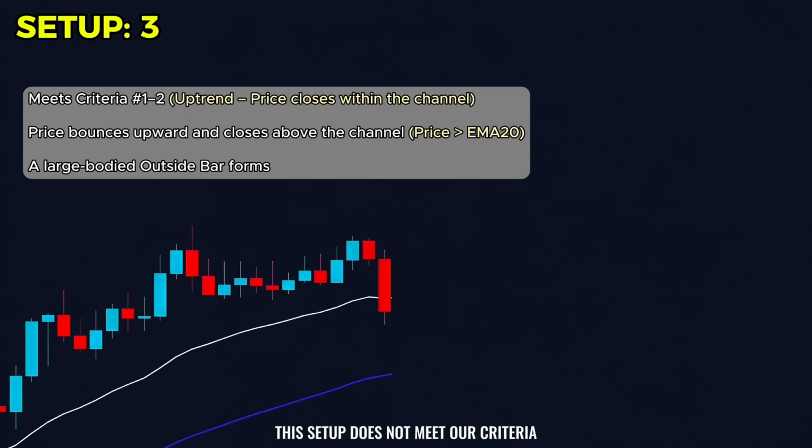This setup does not meet our criteria because several candles close below the EMA 50. Since it fails the rules, we do not enter the trade. The rules are exactly the opposite for a downtrend. The price can pull back in all three ways, but we only take the setup where the price closes inside